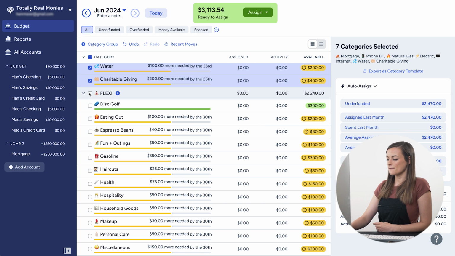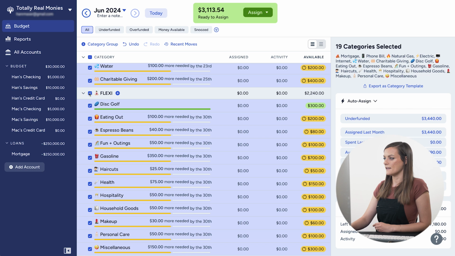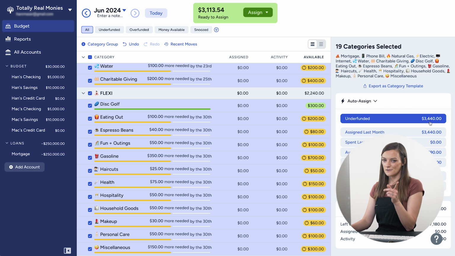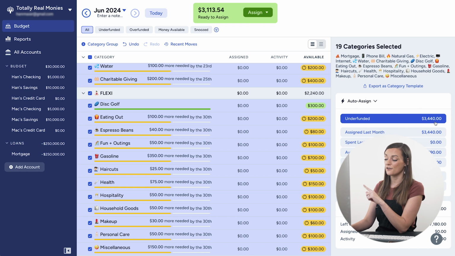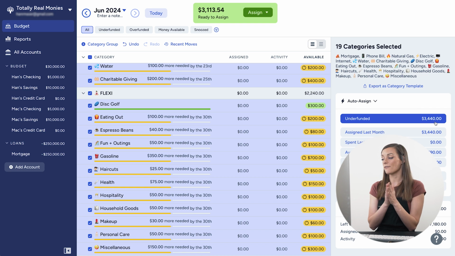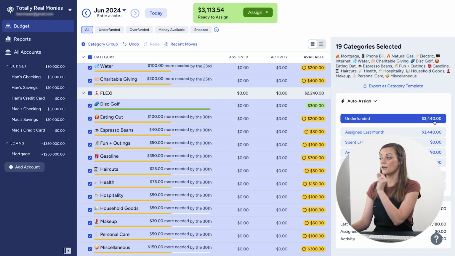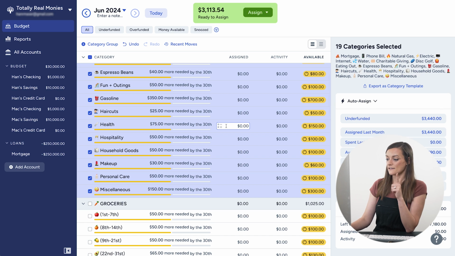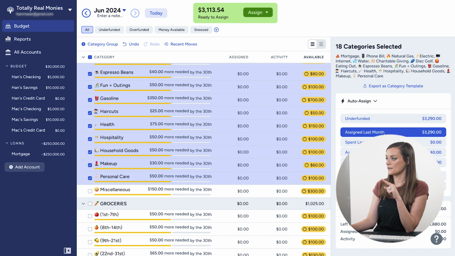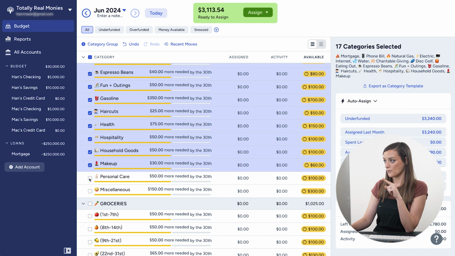Next, I'm gonna select my Flexi category group and see how far it takes us. Now, here's the issue. We have $3,100 to assign, but these categories will take $3,400 to fund. We never wanna use the underfunded button if the number on the underfunded button is higher than the number we have in ready to assign. What I'm gonna do in this scenario is start deselecting categories until this underfunded button is under